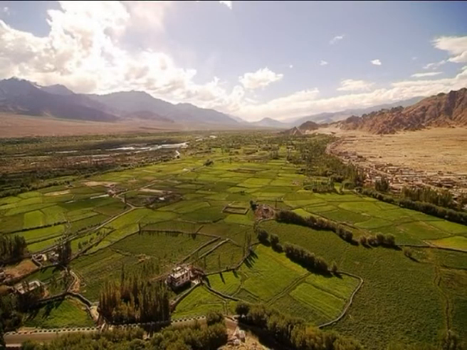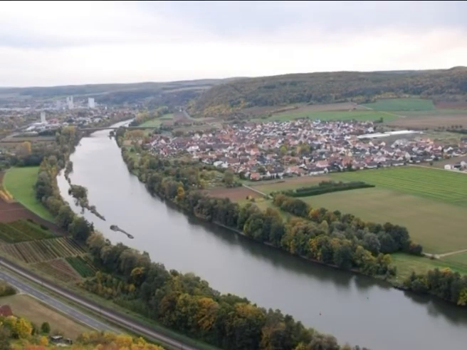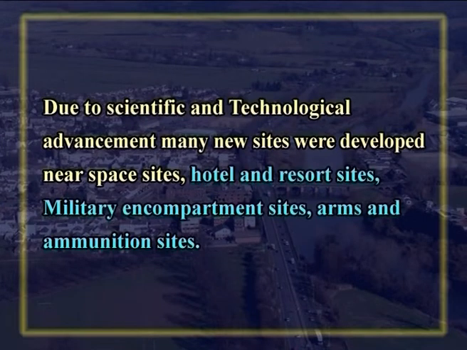It is noteworthy that one should not lose sight of the fact that due to varied adaptation with ecology, man leaves some parts of the regions unpopulated, hence deserted settlements, which affect the distributional pattern in vast areas of mining, forestry, etc. Abandoned projects, factory sites or flood sites are good examples. Similar deserted sites are the areas hard hit by cyclones, earthquakes, volcanoes and change of many rivers. Due to scientific and technological advancement, many new sites were developed near space sites, hotels and resort sites, military encampment sites, arms and ammunition sites, and still newer peace centers of intellectuals. Many scientists, academicians and high ranking officials are gathering regarding free and less